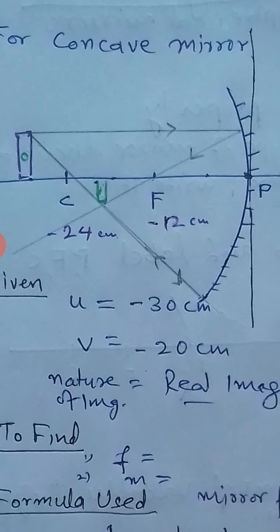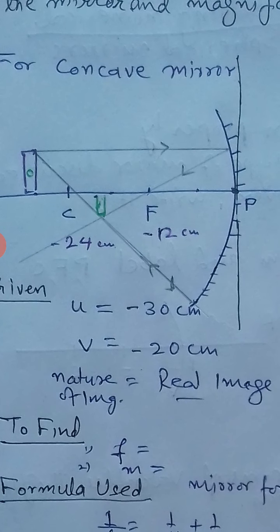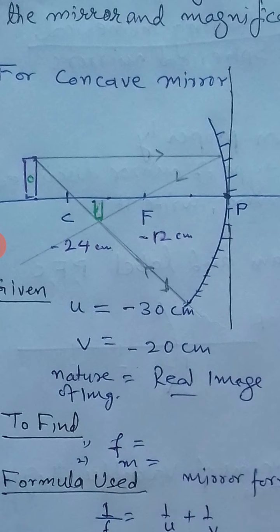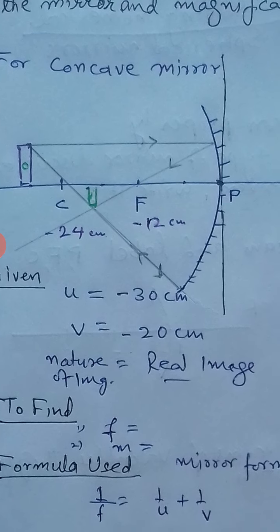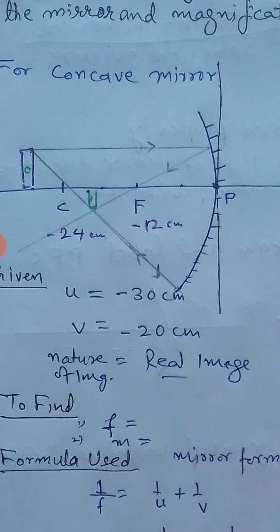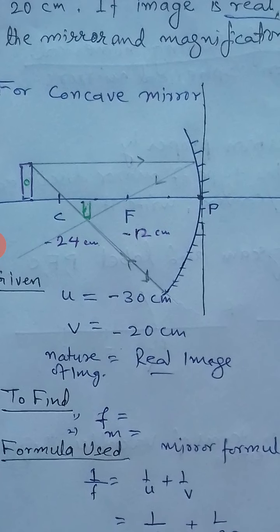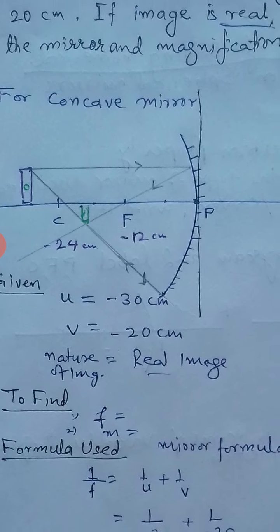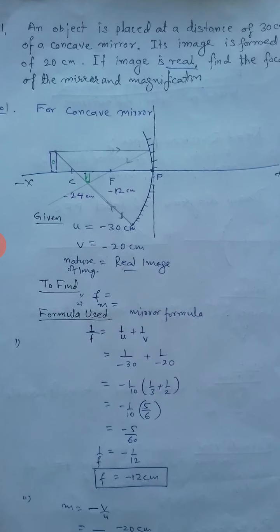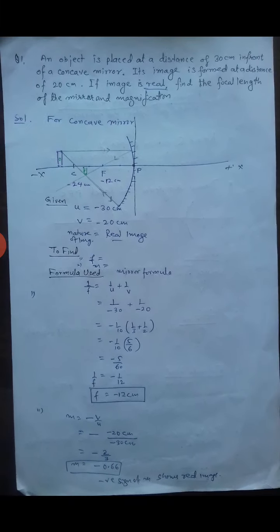Now you can apply the rules for drawing the ray diagram, and by using a pencil you can easily draw the ray parallel to the principal axis passing through the focus and the other ray passing through the center of curvature, where they are intersecting. You will get the position of the image here very clearly, and it is also given in the question as minus 20 centimeter. So you can confirm that this is the image formed and its position. You can do it like this, step by step, as I told you.